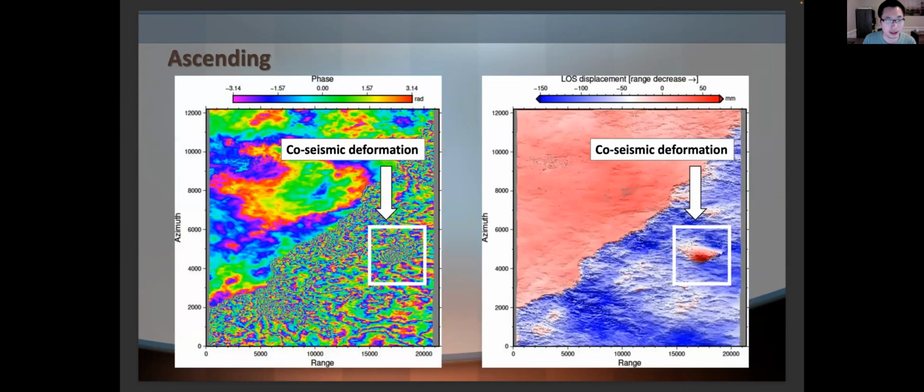So here's the deformation, the interferograms from the ascending track. As you can see, there is a concentration of fringes around this area, and it's highlighted by this box. The USGS epicenter was somewhere here, so definitely there was some error in the location. But anyways, for this particular interferogram, you can see there are a lot of fringes that are not associated with